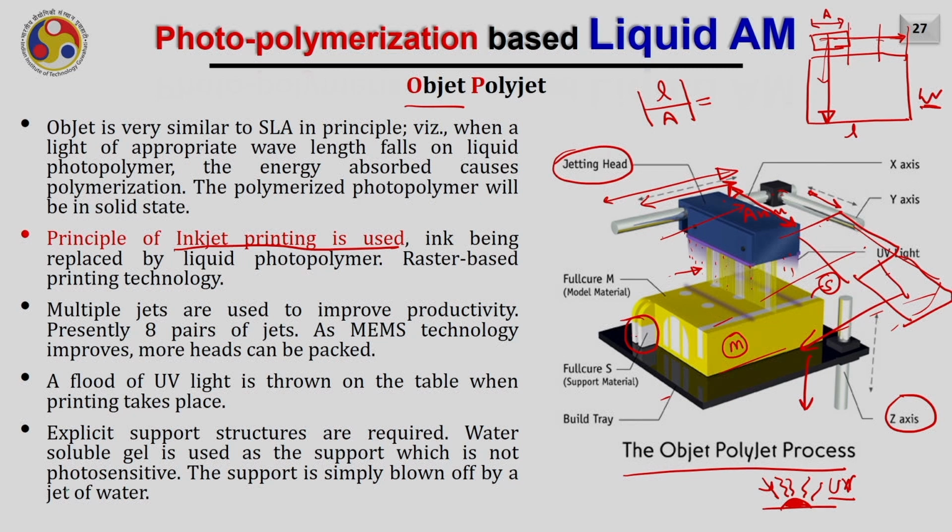So in this process you can see the liquid head is flying because it is moving along the XY direction. The UV light is also moving in the XY direction, hence the optics is also flying, and the UV light is not very sharp, it is just a floodlight, meaning the light is not coherent but it is monochromatic. Therefore, we can really call this flying optics as well as flying liquid.